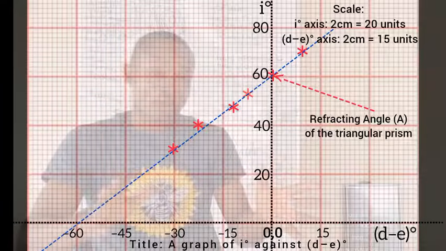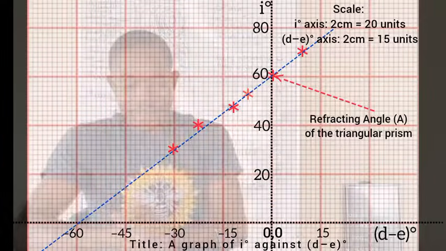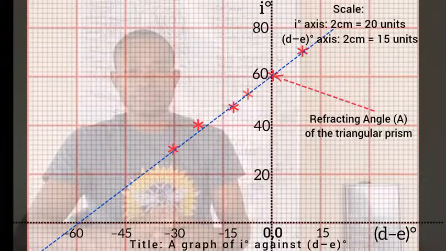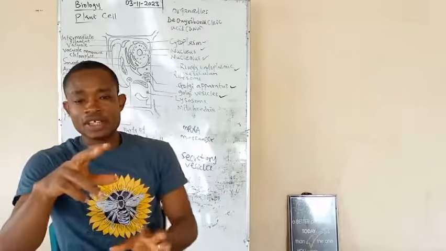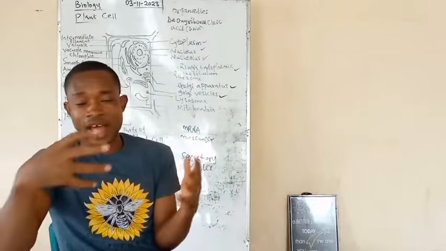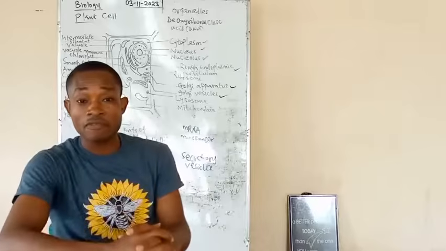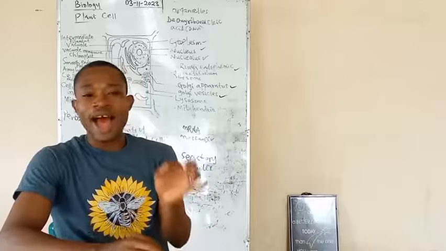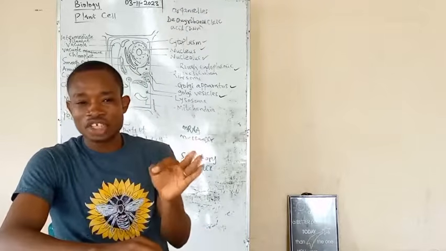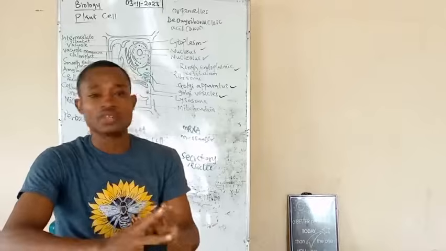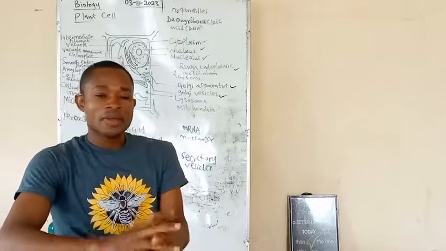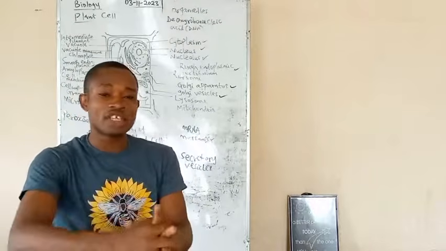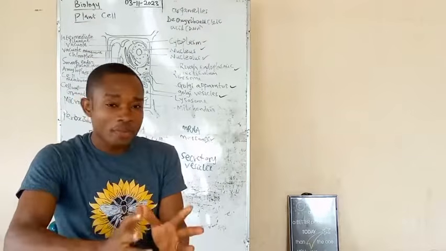That is about our first graph, where I plotted I against d minus e. Now let us look at the second graph that we obtained from the table of values. In the second graph, I plotted the angle of deviation against the angle of incidence. My aim in that plot is to obtain the minimum deviation of the triangular prism that I used for